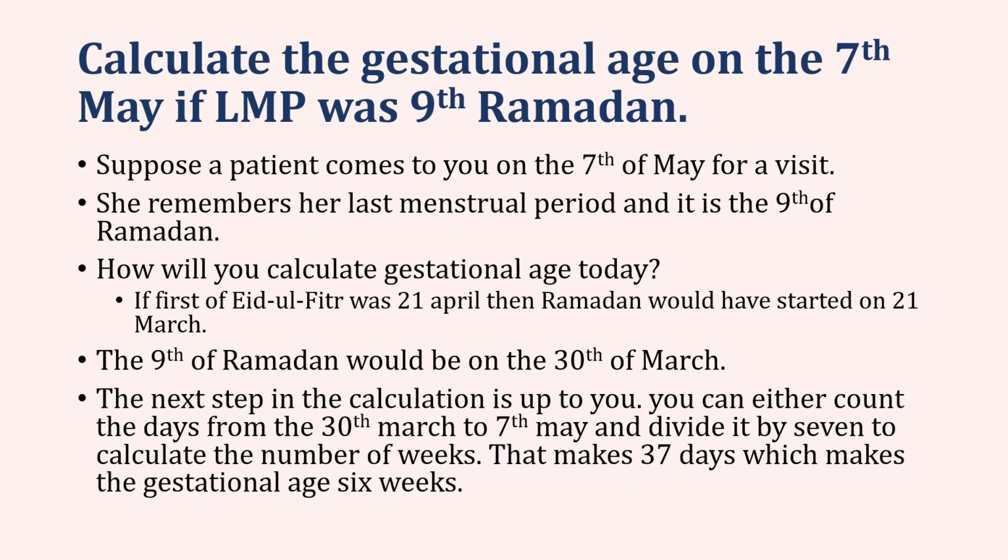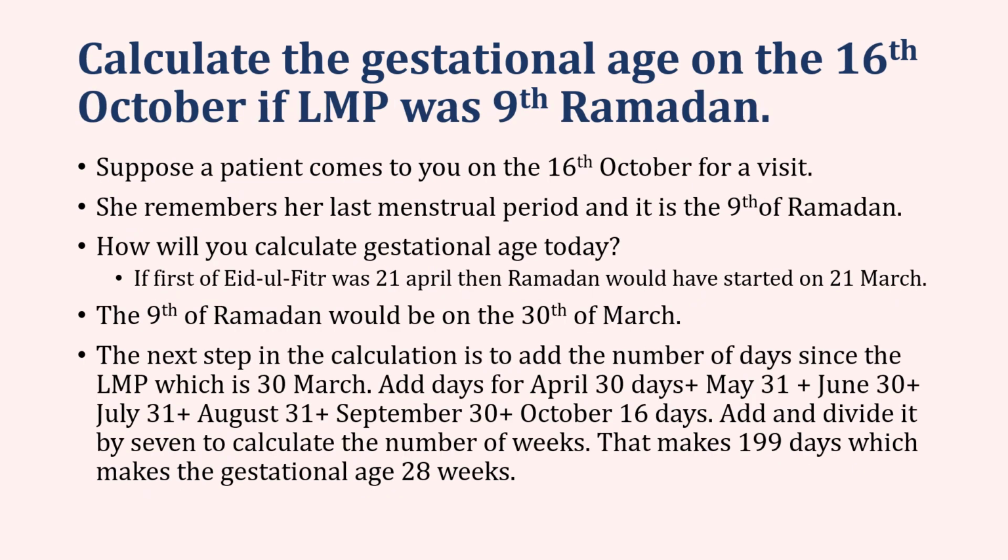Now it's impossible to factor in the number of days per month for the Islamic calendar, so we just take it as 30 days. But generally for the Gregorian calendar, you can do the exact date. The same patient, we can calculate the gestational age on the 16th of October if the last menstrual period was the 9th of Ramadan. So supposing the patient comes to you on the 16th of October for a visit, and she remembers her last menstrual period and it is the 9th of Ramadan. How will you calculate